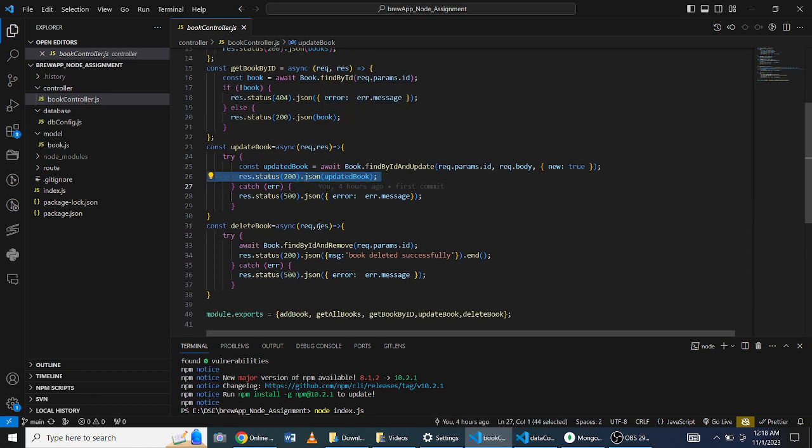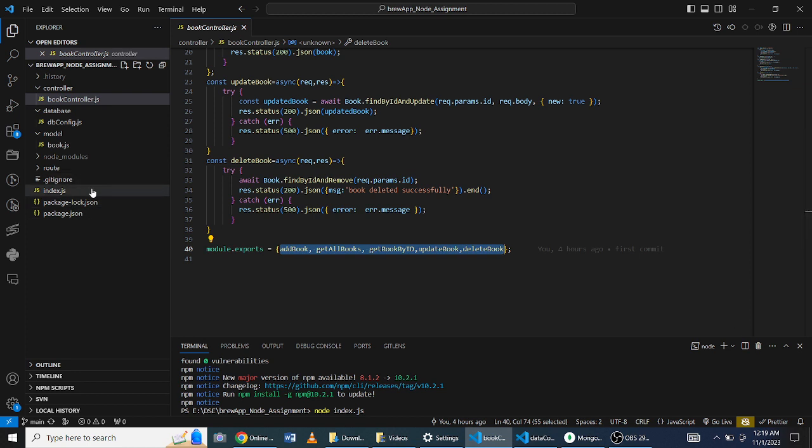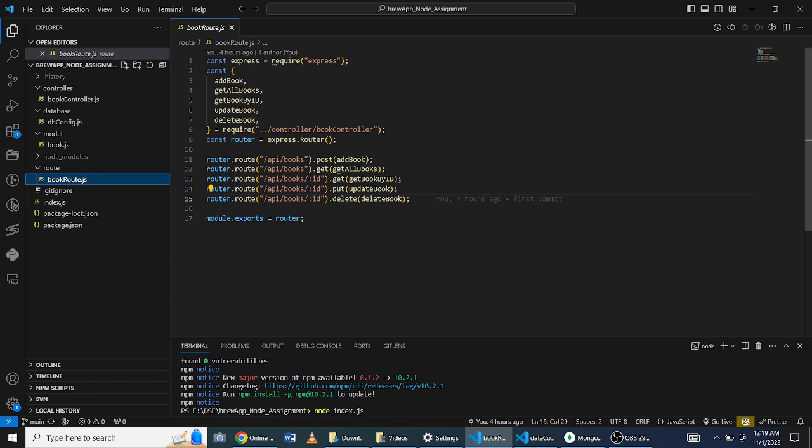Similarly for delete book, we first need to fetch the id from the request param, and we pass that to the find by id and remove method. If that is a success, we get a success message, and all these methods we are exporting so that we can use them in the routes folder. Here in the routes folder, all those methods are imported,